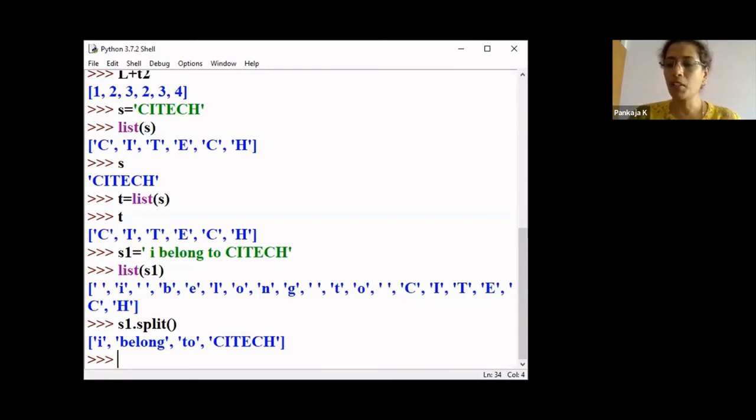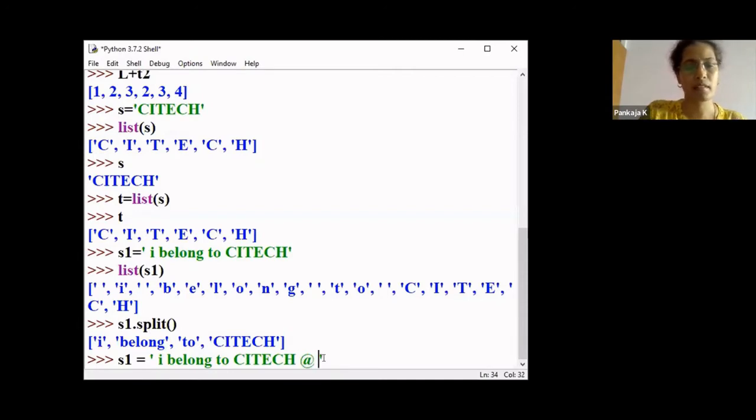Now, when I want to delimit by a particular character, say for example, I have S1 equal to, I'll just copy and paste, and I'm going to use a time, 4:45 p.m.